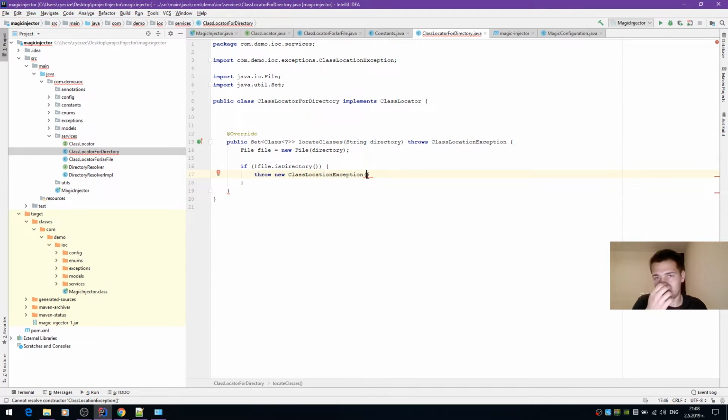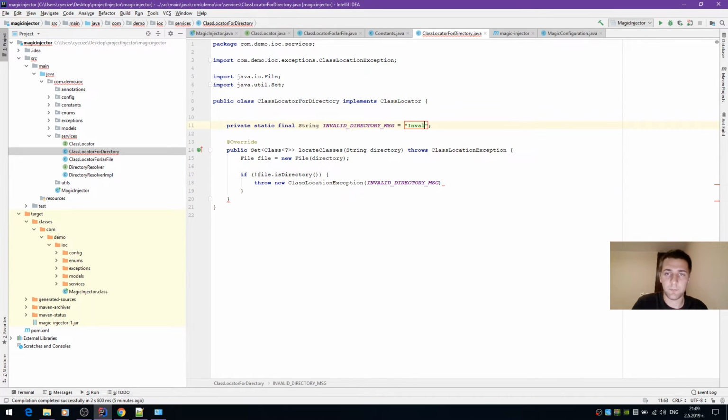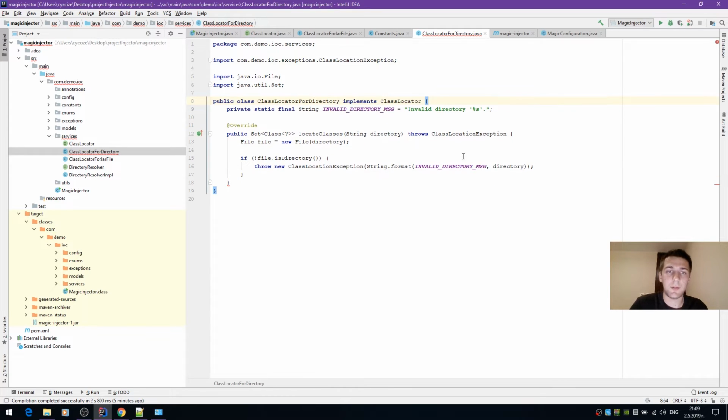And we can say here invalid directory message. Like that. So we can actually go string format. Like that. Okay, so once we are sure that this is a directory, we can